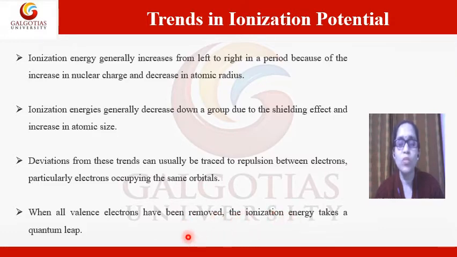That means, suppose, as we have already discussed, in the case of magnesium, magnesium has 2 valence electrons. When we ionize from Mg2+ to Mg3+, a high amount of energy will be required. Similarly, from Al3+ to Al4+, more energy is required, because Al3+ and Mg2+ have attained the stable noble gas configuration. So if you want to remove the next electron, it will require a large amount of energy.